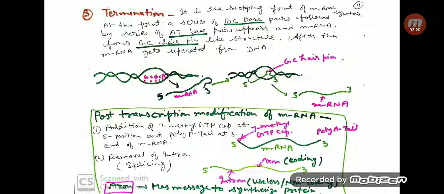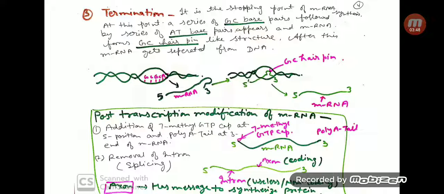After transcription, there is some modification in the separated mRNA. It is required because there are various enzymes in the cytoplasm which might destroy mRNA. So there are two modifications in mRNA. First one is addition of a 7-methyl GTP cap at the 5' end of the mRNA and a poly A tail at the 3'